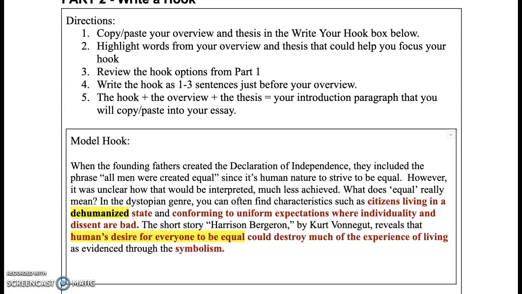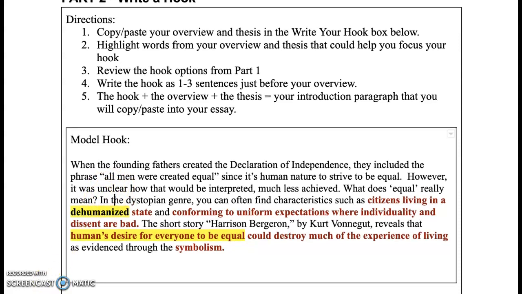Now remember, as part of the hook, you need to have a transition into the thesis. And in some ways, the overview is the transition. But I felt like I could connect it a little bit more, so I'm going to slightly rephrase the overview. So what I'm going to do here